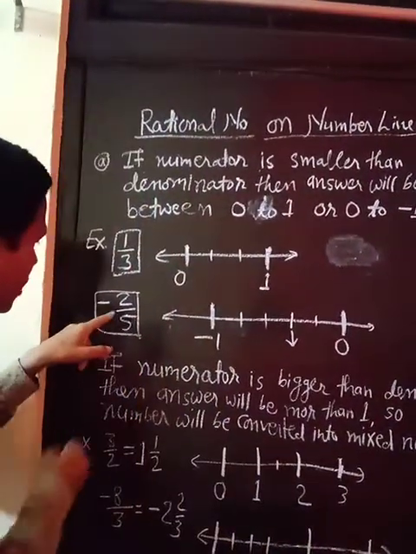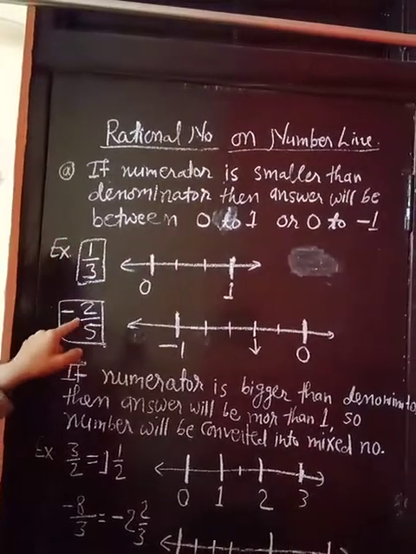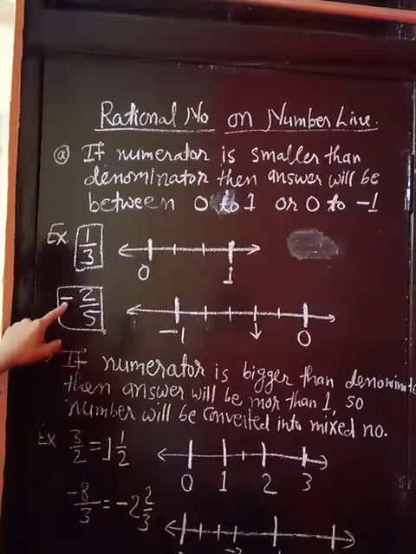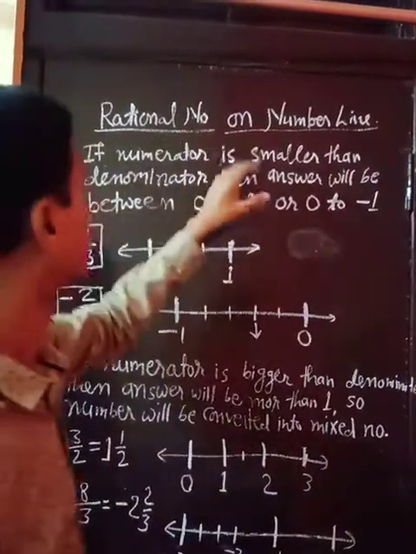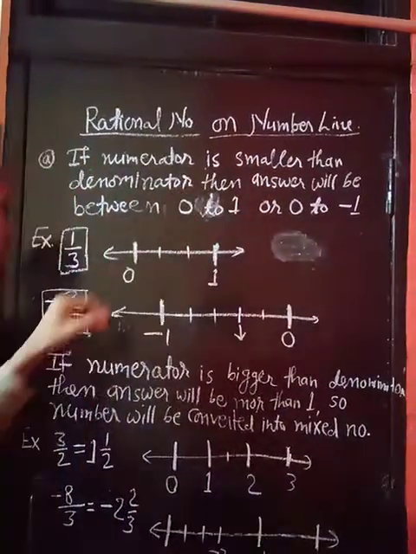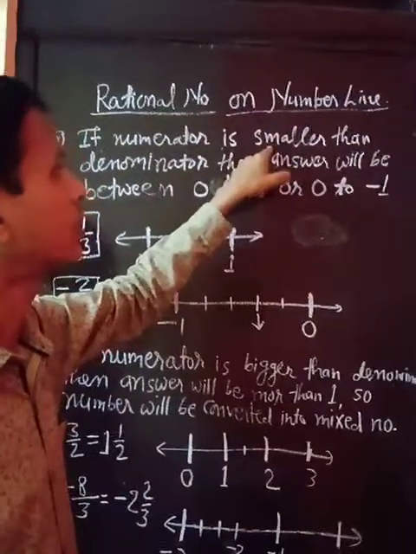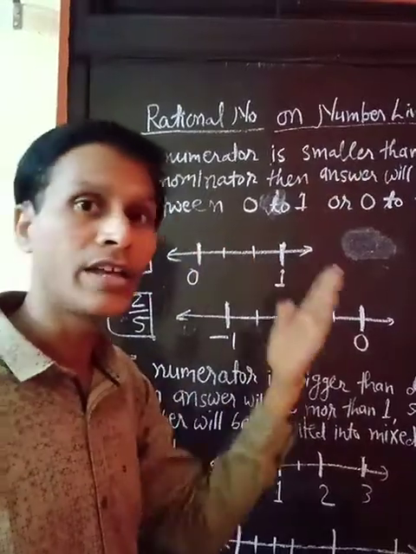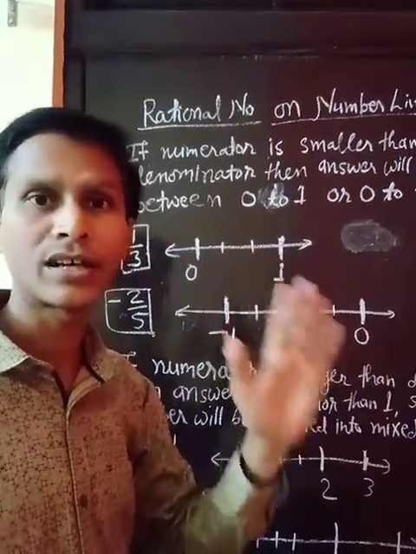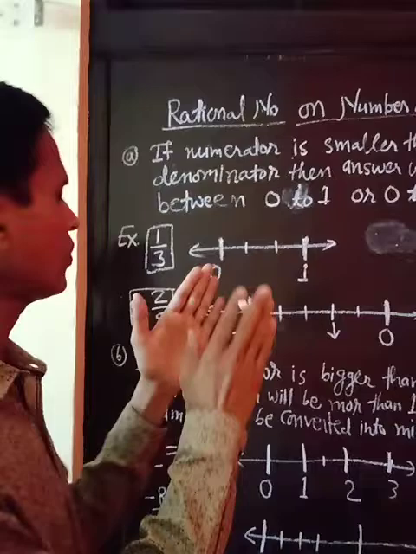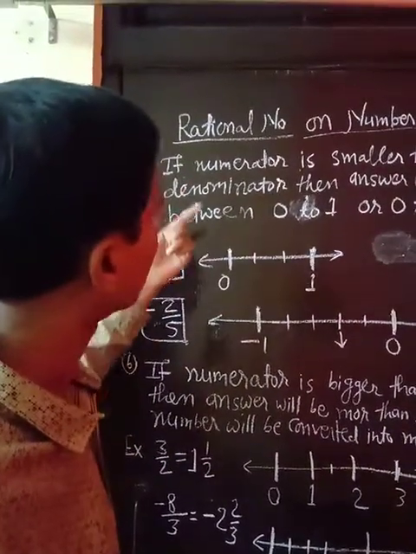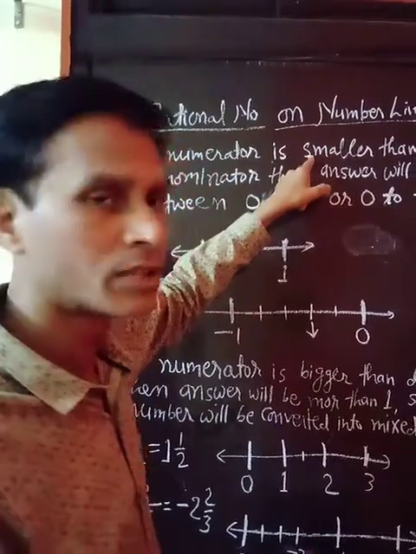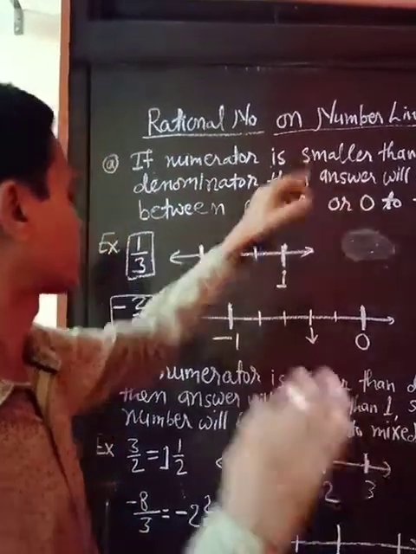Here if this is negative, I can't say this is a proper fraction, because in fraction this negative sign doesn't come. So that is why I am writing the word "numerator is smaller". Yesterday I wrote "bigger" by mistake, but this should be smaller. Yesterday I used the word proper fraction, that was correct. Proper fraction means the numerator is smaller. So here smaller will come, then it is a proper fraction.